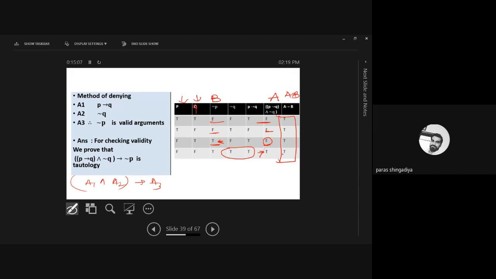Rest of the part is very easy. You have to know the meaning of conditional, the meaning of negation, and how to apply the AND operator between two columns and the OR operator between two columns. That is important here. If that is understood, then any example is very easy, any compound statement is easy. Is there any confusion to anyone?